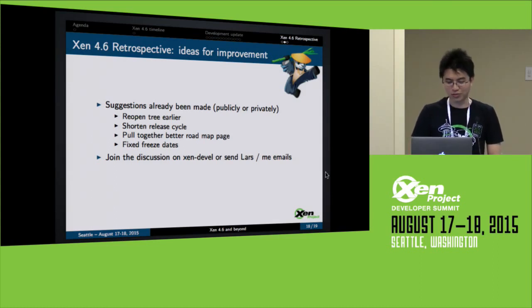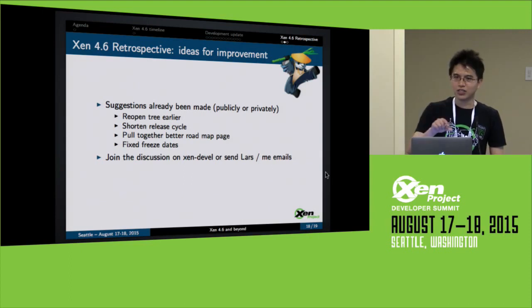We should shorten the release cycle so that if a vendor misses a release, the impact wouldn't be too bad for them. Put together better roadmap pages so that people have a clear idea what is going to happen and when. And maybe try to fix the release day and freeze day, so that we have maybe 2 to 3 freezes each year, moving towards a more predictable release schedule.